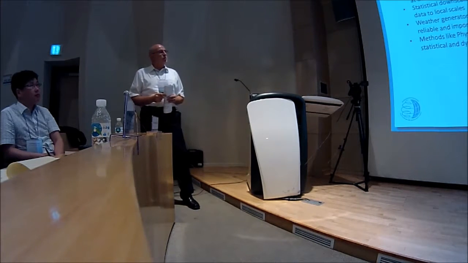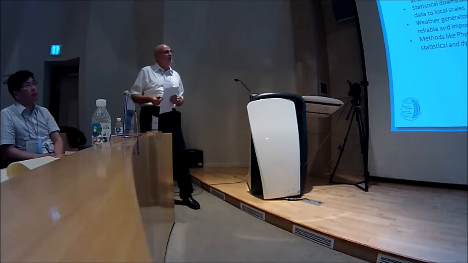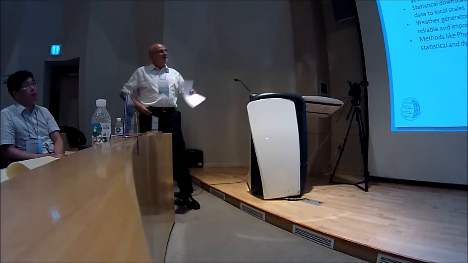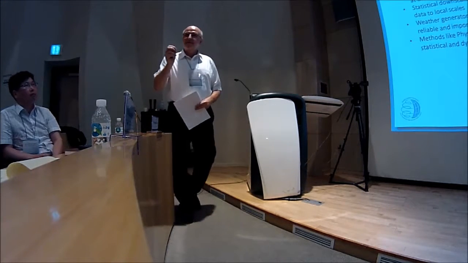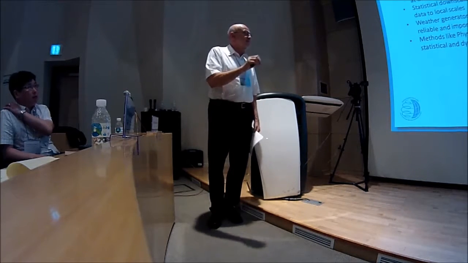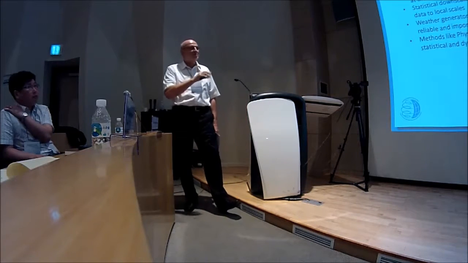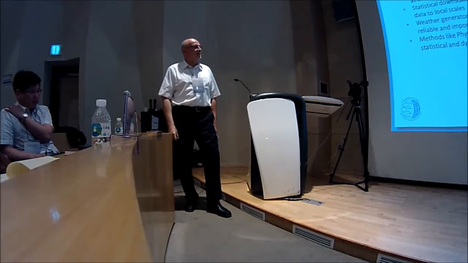I'll be talking about 2 products that belong to this class of statistical downscaling tools. One is the KNN-based weather generator, and another one is the maximum entropy-based weather generator. They both were found to be reliable and important tools for future climate predictions. And I'll end the presentation with a method that is, for the first time, I think, bringing some physical information into statistical downscaling. We call this method physical scaling, in order to bridge the gap between the statistical and dynamic downscaling